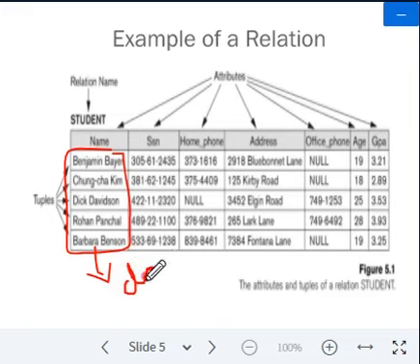By using a data type we can represent the domain of each attribute. Here I am representing character, and here also character, because of the hyphen. A hyphen is not a number, so everything is character. Age and GPA are numbers: this one is decimal, this one is an integer, a whole number.